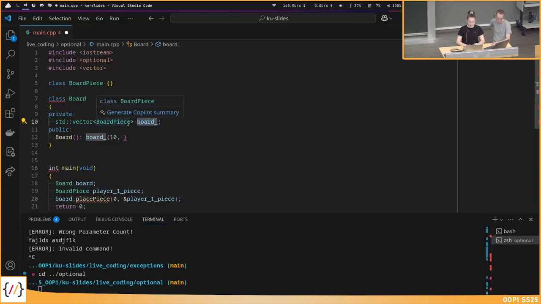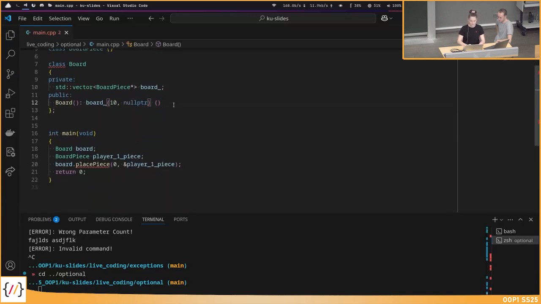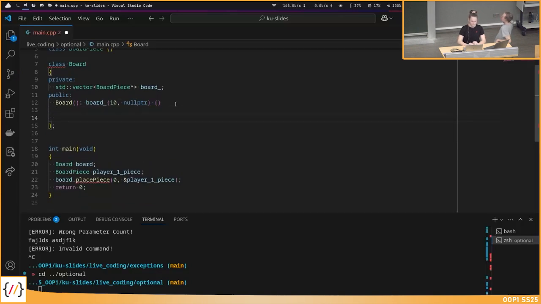But I want all positions on this board, or all elements of this vector, to be empty more or less at the beginning. And what I could do is just create a pointer. So we just store pointers to board pieces in my class, and I'll initialize all of them at the beginning with the null pointer. So this is like a constructor of the vector where you first say the number of elements and then how to initialize them.